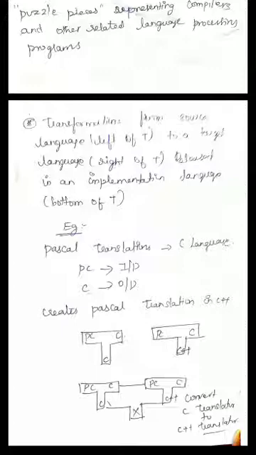Here the Pascal code is the input when we are using the C translator, and the C code is the output of the T diagram. Here we need to change the translator. When we are using the C++ translator, the Pascal code is the input and the C code is the output. We can draw the diagram like this. You need to convert from the C translator to the C++ translator. Between these two T diagrams, you should use an X translator.